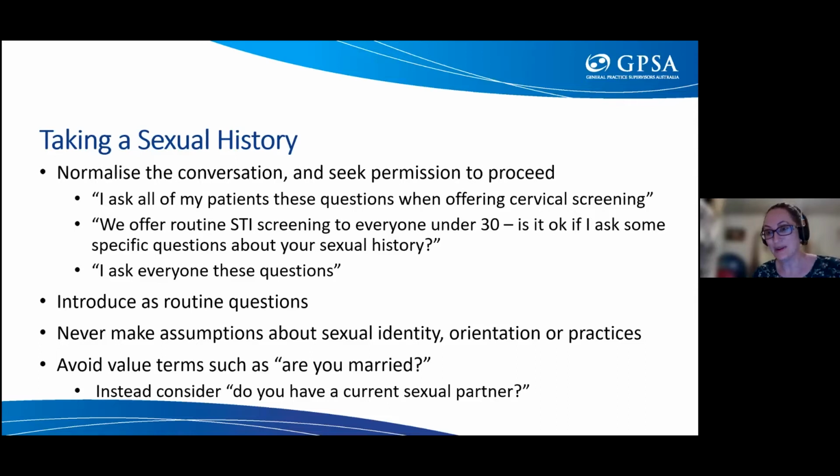So it can be awkward for both you and the patient. So never making assumptions about sexual identity, orientation or practices, and always asking those open questions so that we're not making assumptions. And I think when we're taking our history, it's important to avoid value terms such as, are you